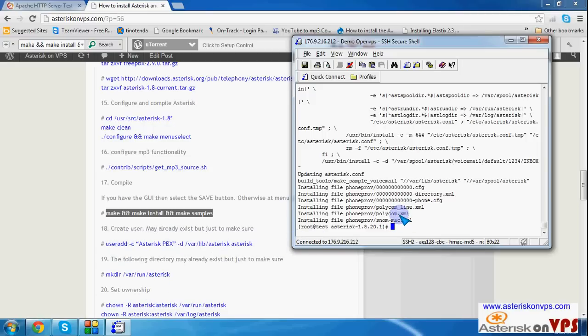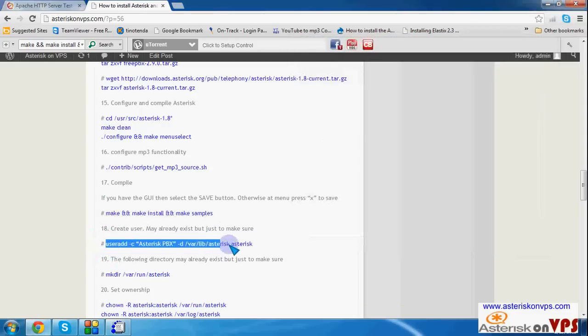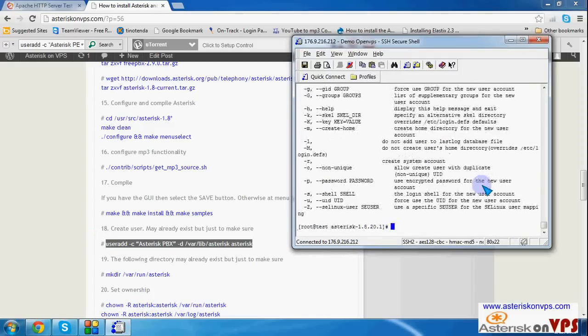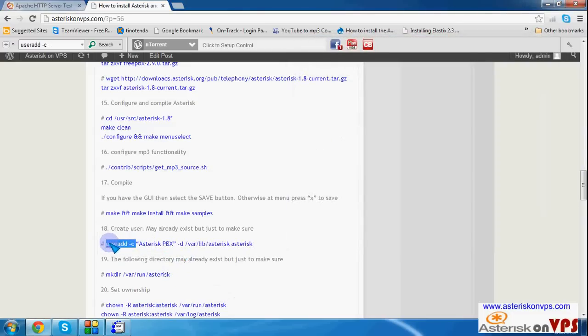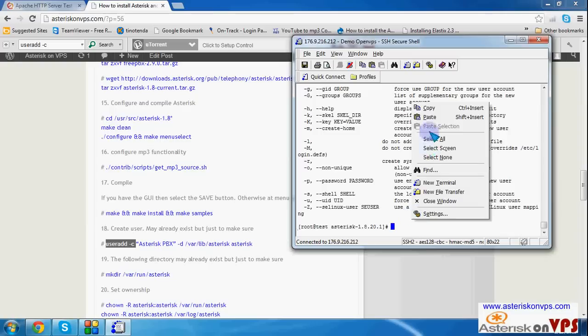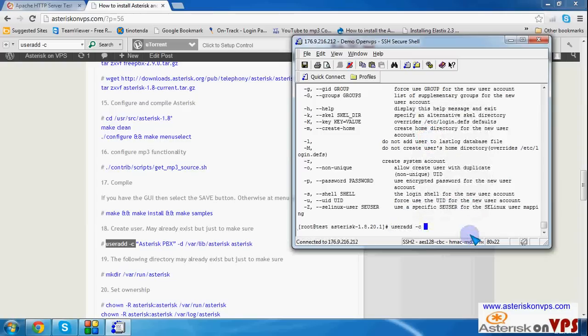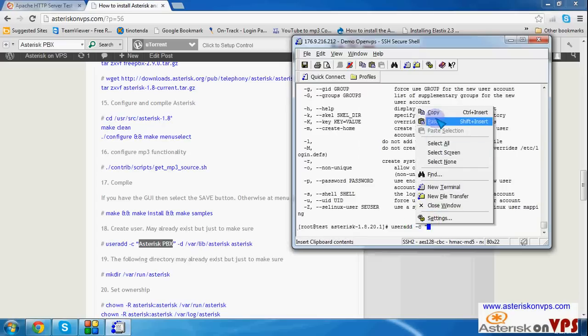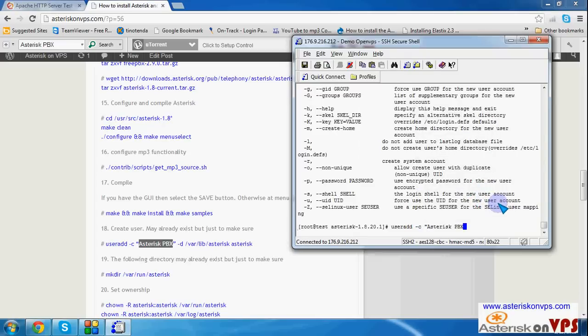So now we have just finished installing Asterisk. Let's create maybe an Asterisk user here. Oh, something is wrong. Okay, I can see these inverted commas are not coming up. So let's go. Then we put the inverted comma. Okay. Then we put our Asterisk. Copy this. Paste. Then